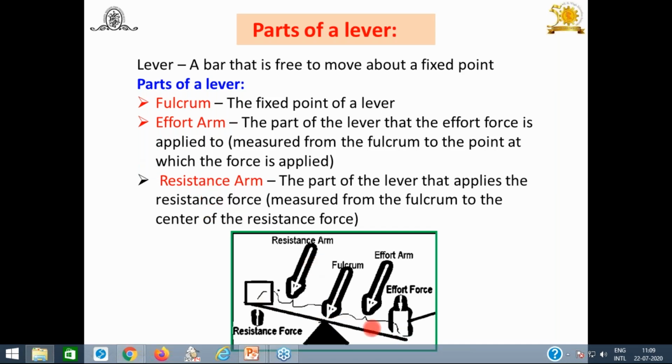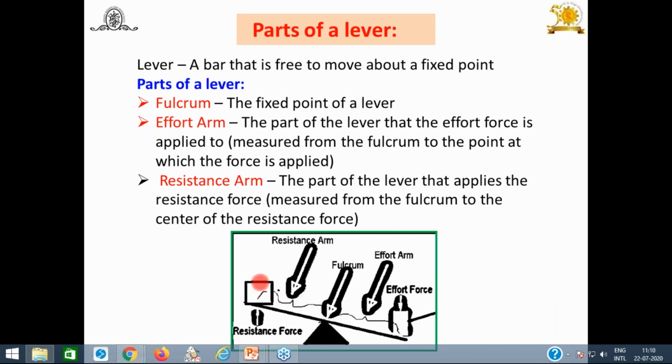Now look at this. It's also a lever. Here is the fulcrum, and here the effort is applied on this side, perpendicular to the lever. Try to understand this force. The distance from the effort, that is P, up to the pivot is known as the effort arm. It is shown here. Then the other one: here you get the force, that is F. The distance from the pivot up to the force is known as the resistance arm, or load arm, or force arm. Try to understand this.